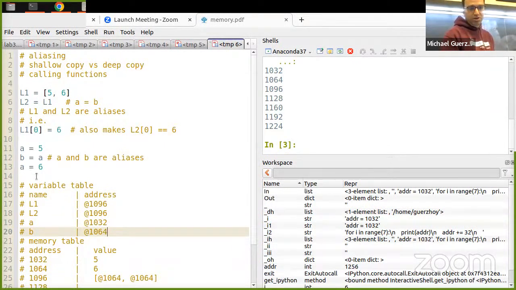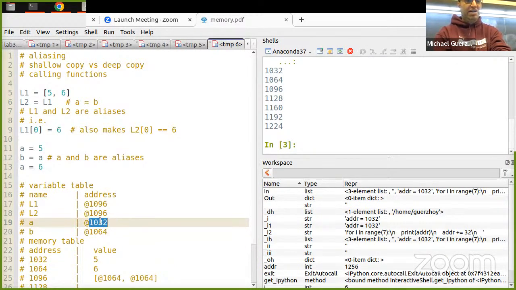Did I mess it up? So I said B equals A. Sorry, it seems correct. So here A was 5, B is this. Oh, yeah, A is 1064. Was that a question? Yeah. The reason that people worry about this is we have this ability to square out and everything. That's exactly right.